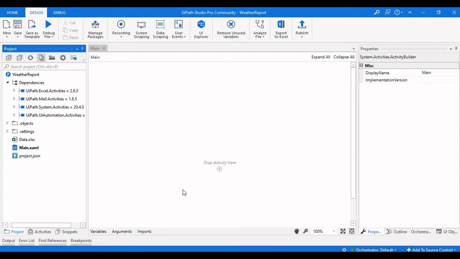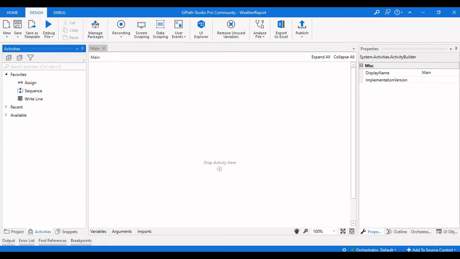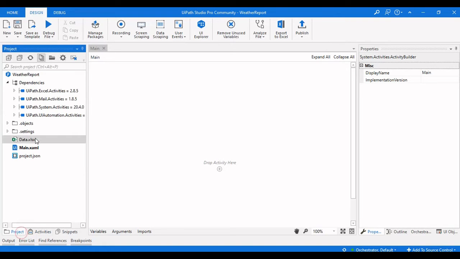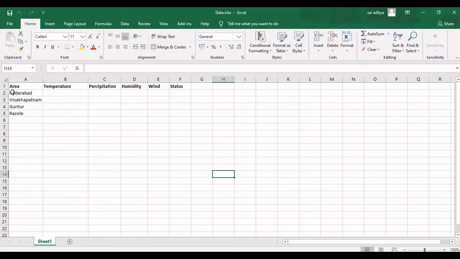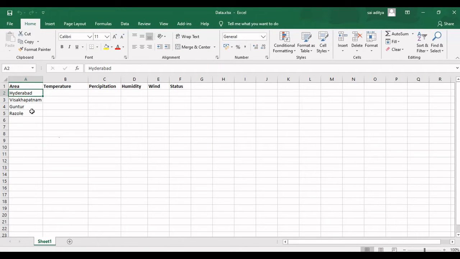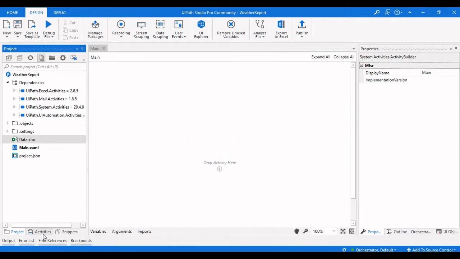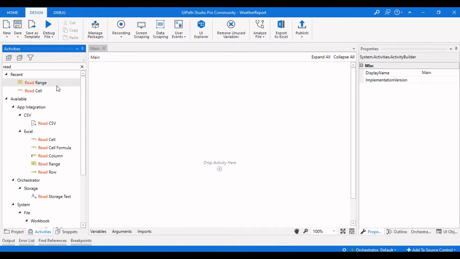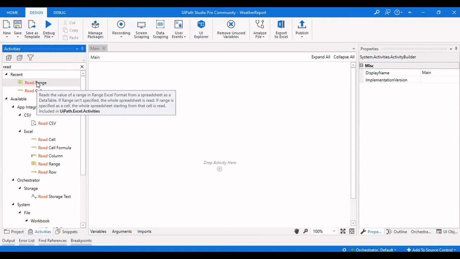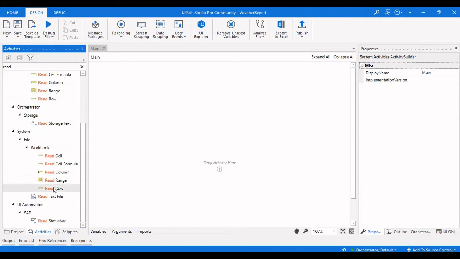Firstly, what we need to do is we need to get the values from this particular Excel column on which area that we are going to get the weather report. So firstly we need to read that Excel value, so we will use a read range activity here in order to read that particular Excel.